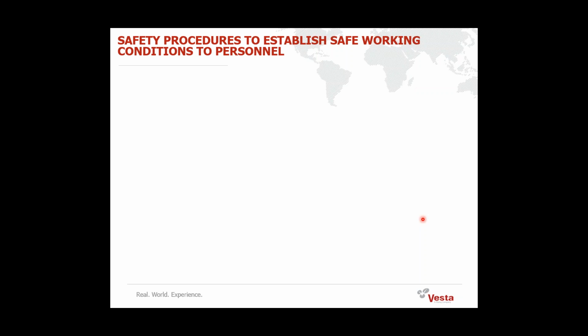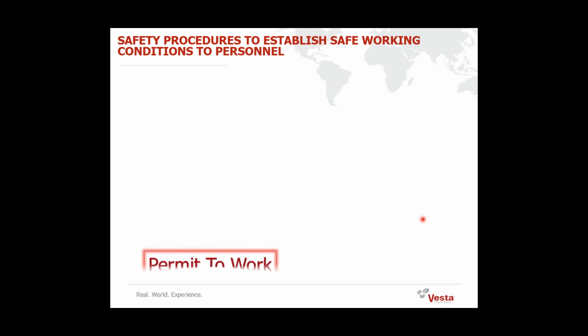Typically, most countries' regulations impose on each company to put in place the necessary procedures to ensure safe working conditions for workers. There are many kinds of procedures, but today we are only interested in 1, 2, or 3